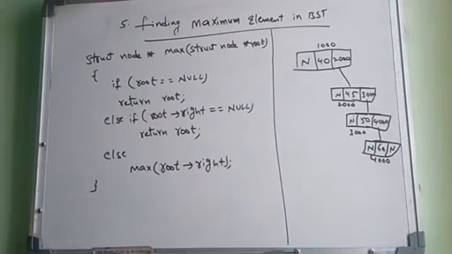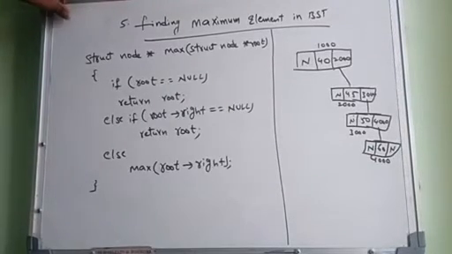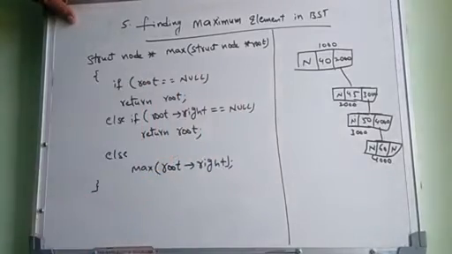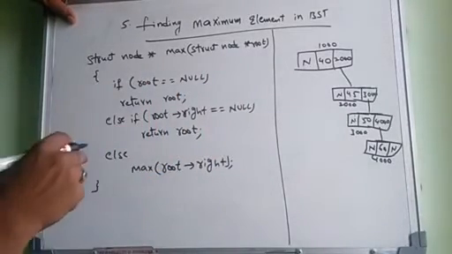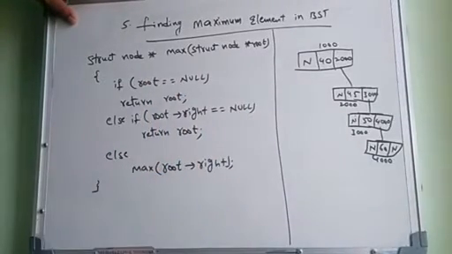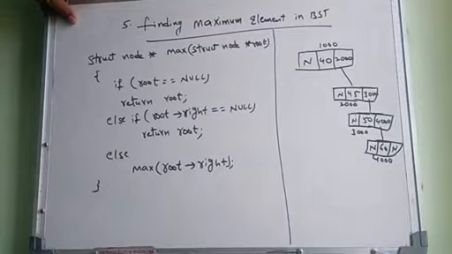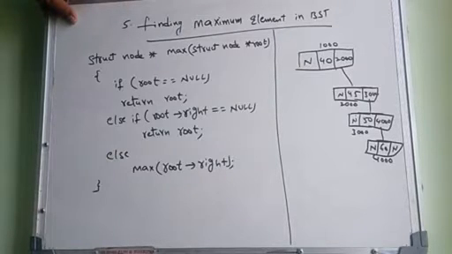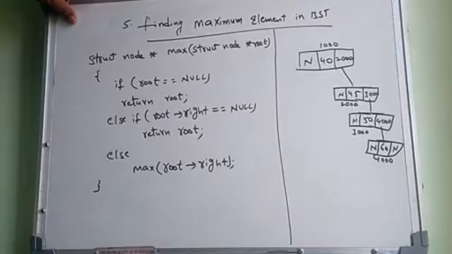Now let's take the pseudo code, or some logic related to finding the maximum element in the binary search tree. From this example, I will take some values and trace out how to get the maximum element. Every searching process starts from the root onwards, whether it is finding the minimum element, searching for an element, or finding the maximum element. Any kind of searching procedure starts from the root. We know that very well.